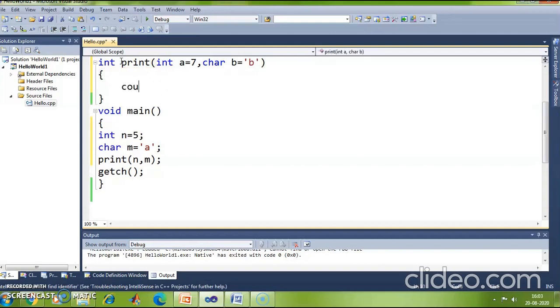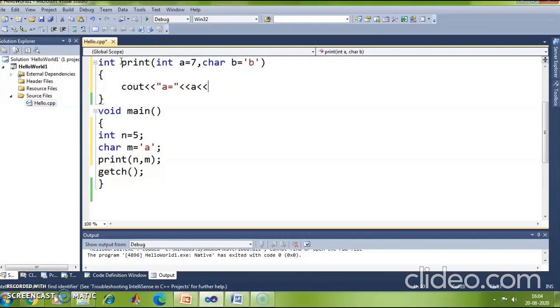Within the function, I will print the value of a is equal to a. I want to also give a space between the two outputs, so I again use the insertion operator and mention the space in double quotes.